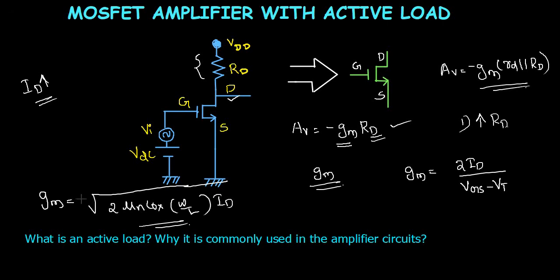So I repeat, we can increase gm without increasing ID by increasing the width to length ratio, that is, the area of the MOSFET. In this case the MOSFET will require more space in the IC. This problem can be overcome if we replace the resistor by a current source, and the current source acts as an active load. Next class we will discuss how a MOSFET amplifier works with a current source load.